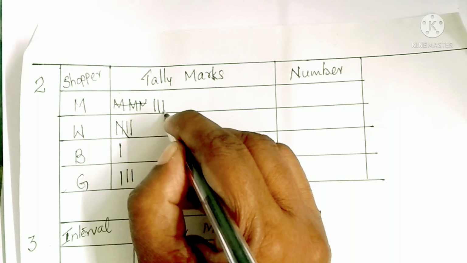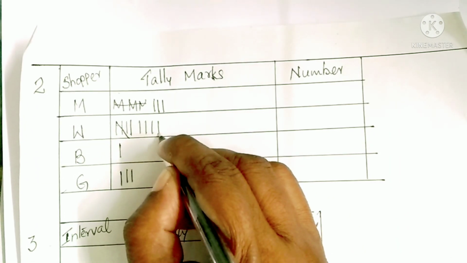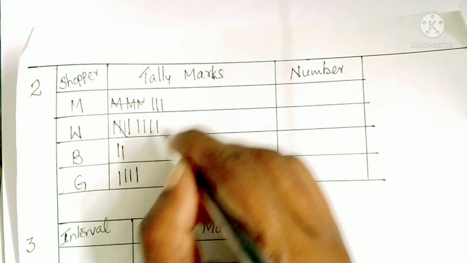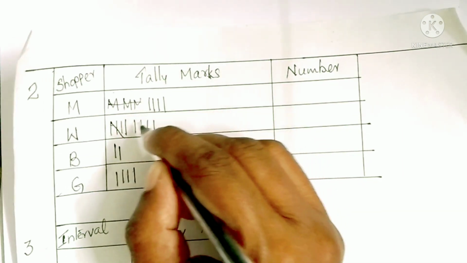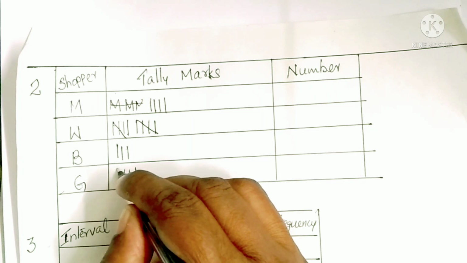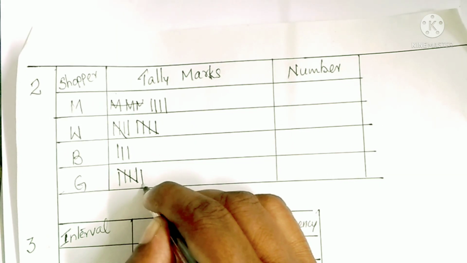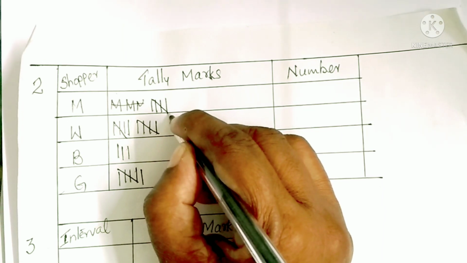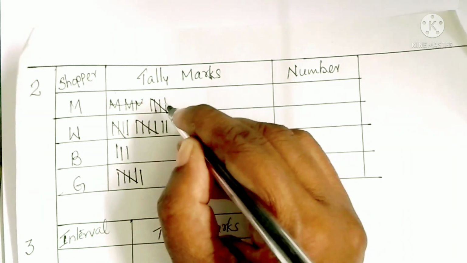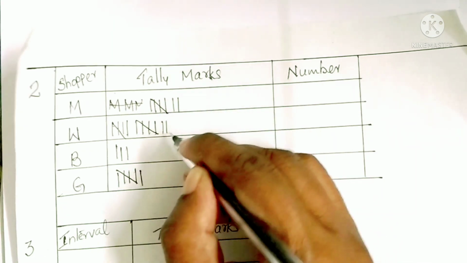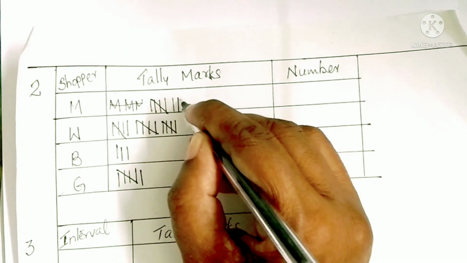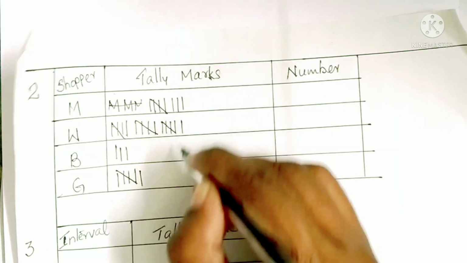Then 1, 2, 3, 4 W. Then a G, B, M. Again there is a W, then B, then G, first G here and next G, then again M, then 2 times W, and then 2 times M, again 3 times W, then 1 M, again W, again B,